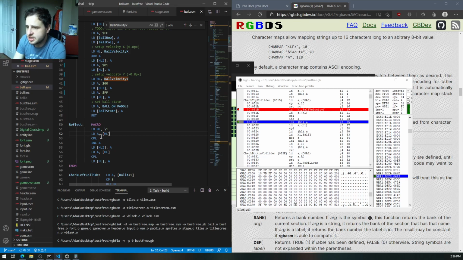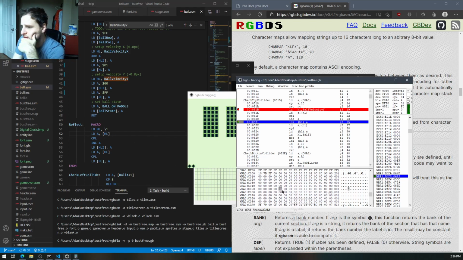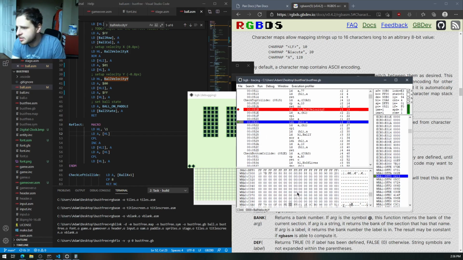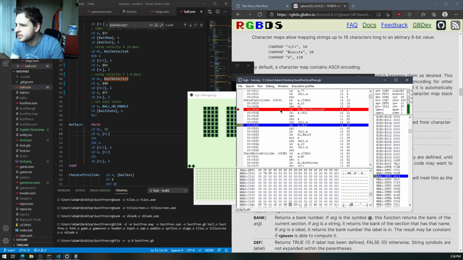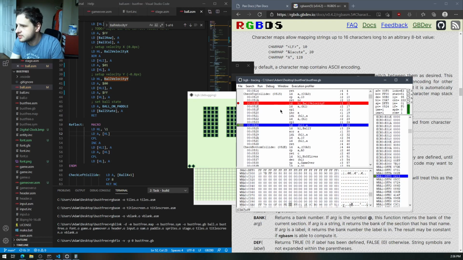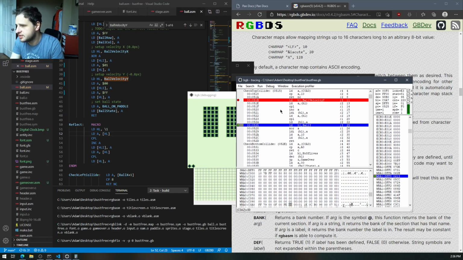Yeah, this is, actually, no, this isn't wrong. So if I go to ball velocity, never mind, this is totally fine. Get the ball velocity, so 0, it's FF00, it's minus 100. I negate it, and I write that in, and then